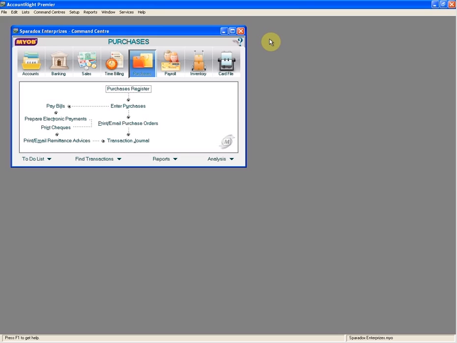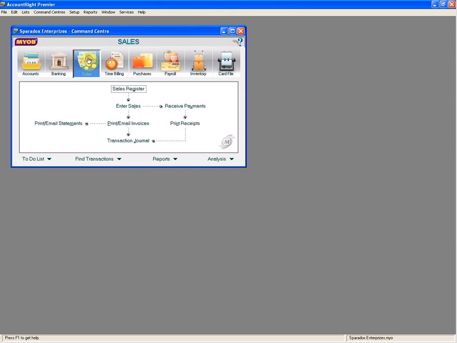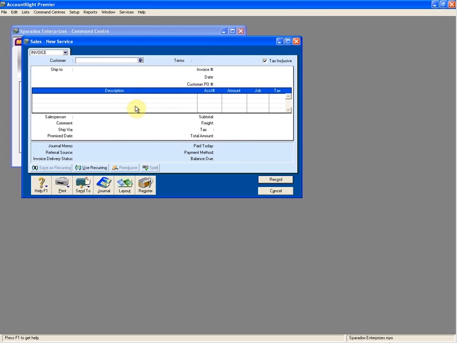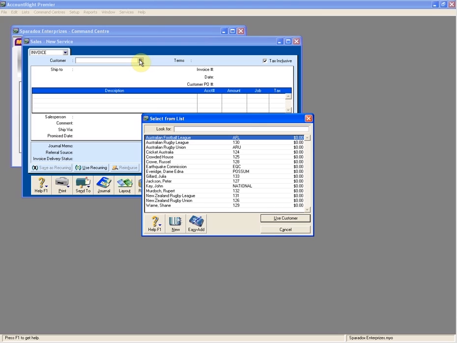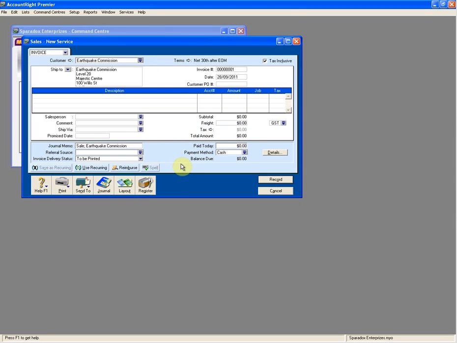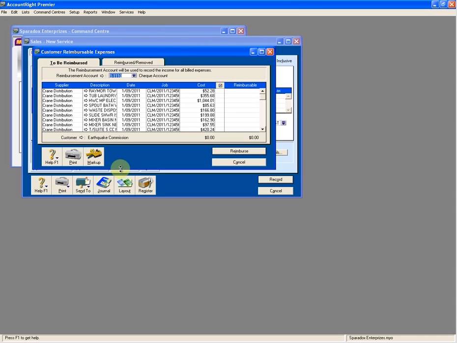Now that all of these invoices have been assigned to the correct job, you can now actually transfer the contents of those jobs onto a sales invoice to give to your customer and put your markup on it. So to do that, we click on Sales, and we go Enter Sales, and we choose the customer that we want to invoice. So we're going to choose the Earthquake Commission, and then we click the Reimburse button. And you can see straight away it brings up all of those invoices